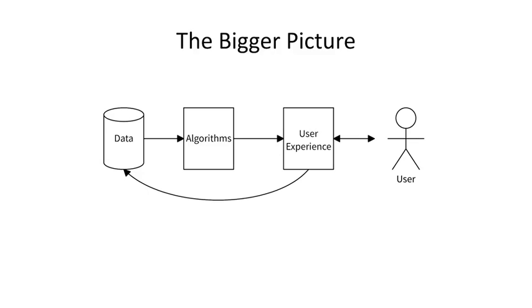Now, these algorithms are not all there is to recommender systems. They sit in a much bigger picture. So we have some data store in the collaborative filtering case. It's a bunch of ratings or purchase behavior, records of the way users have interacted with items. It can be the repository of content. It can be a database of movie reviews. There's many different kinds of data, but we have some kind of data that we're using to produce the recommendations. The algorithms crunch this data and compute recommendations which are suitable for the current user in the current context, etc.